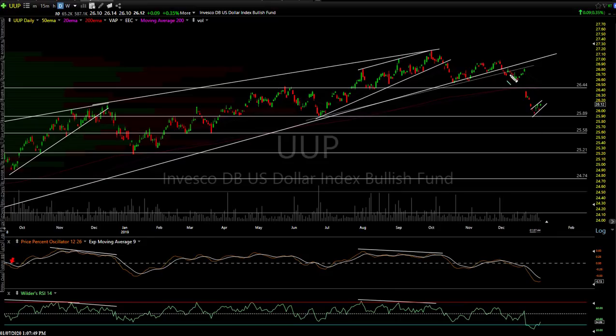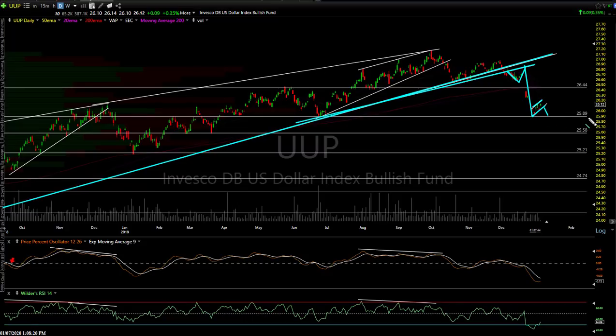This to me, after we broke down here, you can see we had the primary trend line right here, goes down to the left, and then I had a smaller, you can probably just make it out there in the video, smaller minor trend line there. We broke and back tested. From the point of the back test right here, you had a very impulsive leg down. You had a big gap down in UUP and a move down here, and this to me appears to be a bear flag consolidation pattern. If so, you want to see a downside break. The more impulsive, the better it is, the higher chance it'll stick.